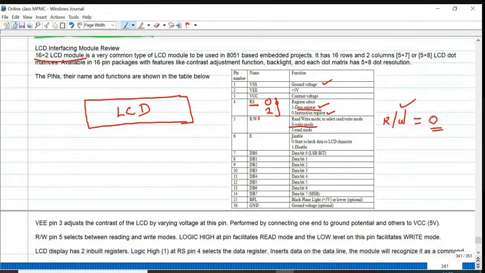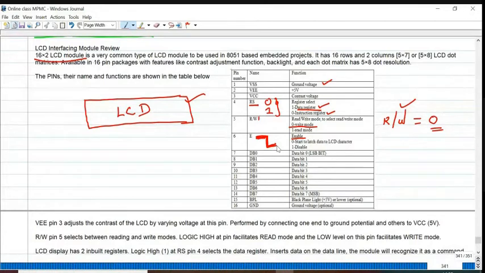Next, enable. To enable this entire LCD module, this pin must go from high to low. We have to do the edge triggering like this. Each and every time we are transmitting some ASCII value to the display, we have to make this particular pin go from 1 to 0.